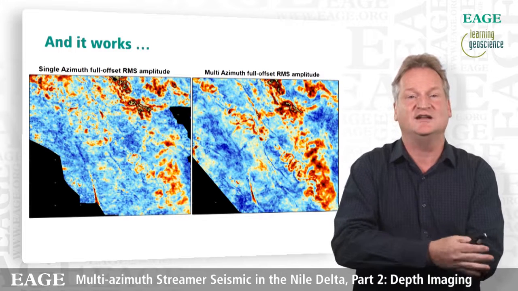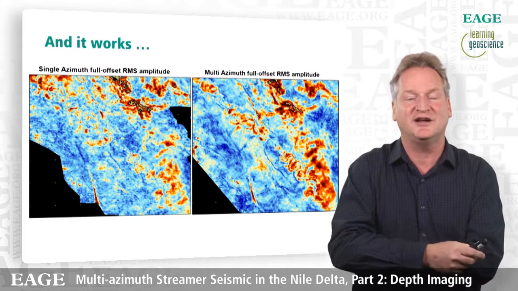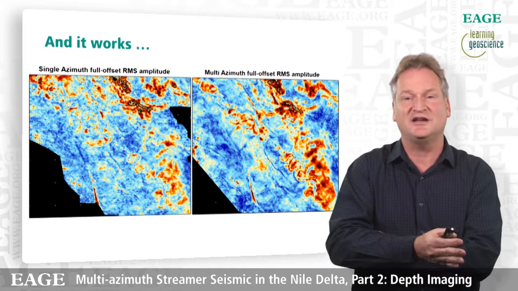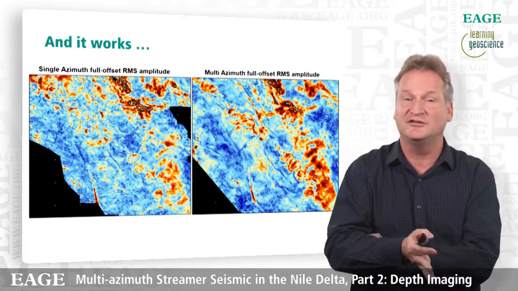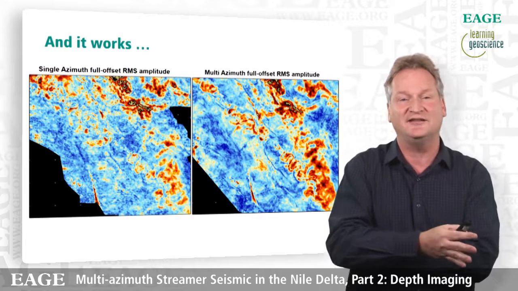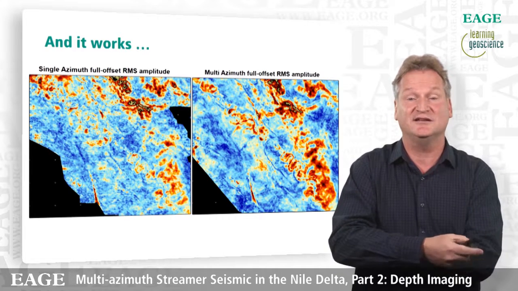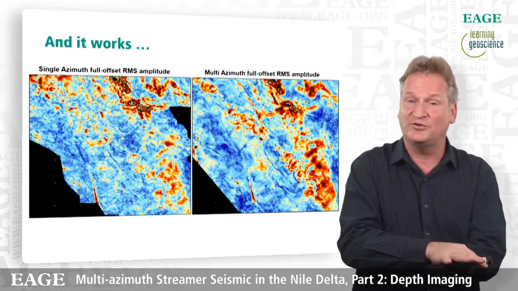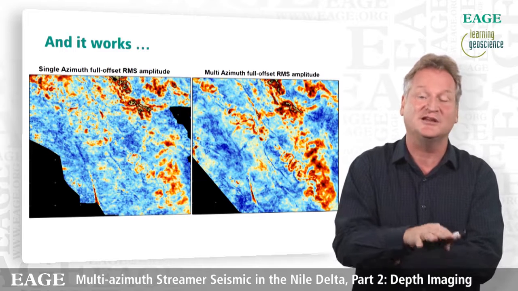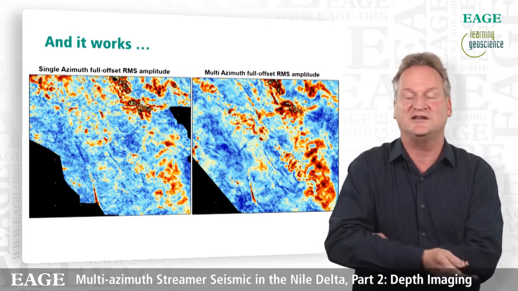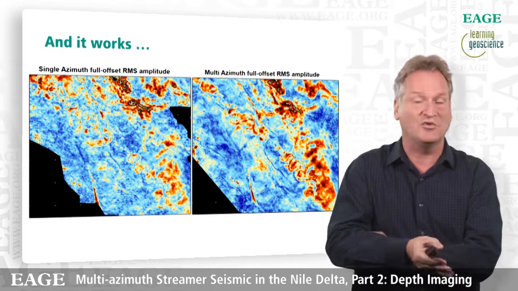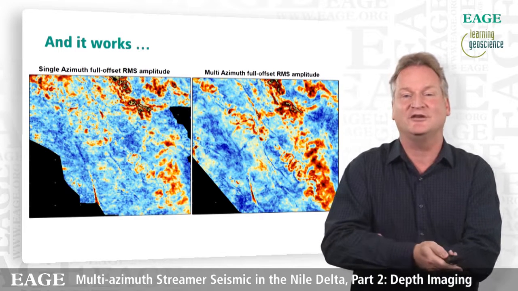The darker blue lines that you can see quite clearly on the right hand side are faults. They're very clearly imaged, showing you better resolution, whereas on the left hand side you can identify them sometimes, but they're not half as clear as you can see on the right hand side. This is after a standard processing flow, including time imaging, and then a bunch of trim statics to basically get data to line up. If you want to know more about how that went, take a look at part 1